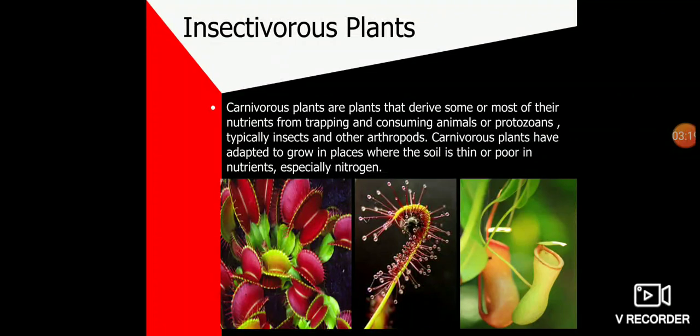So you see that insectivorous plants are green and carry out photosynthesis also to obtain part of the food required by them. But they do not get the nitrogen as they grow in soil which lacks nitrogen. So, insectivorous plants feed on insects to obtain the nitrogen compounds needed for their growth. We can now say that the insectivorous plants are partial heterotrophs because they get some food by photosynthesis and some by eating insects.